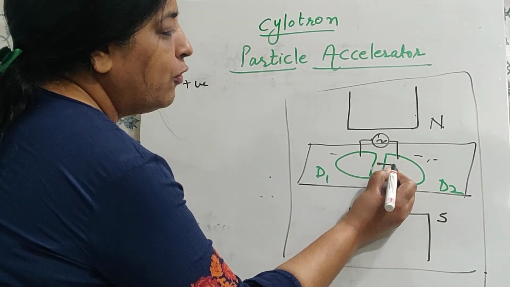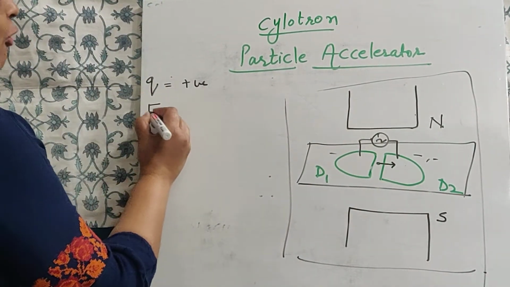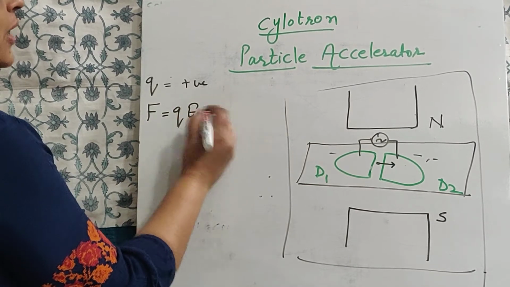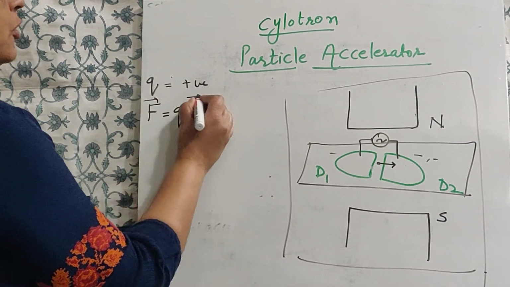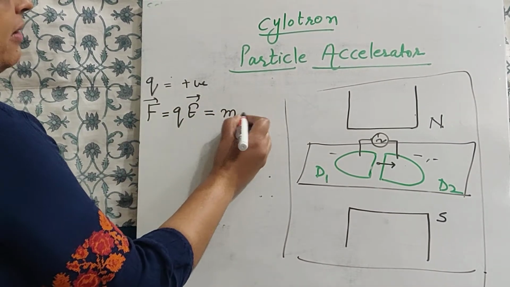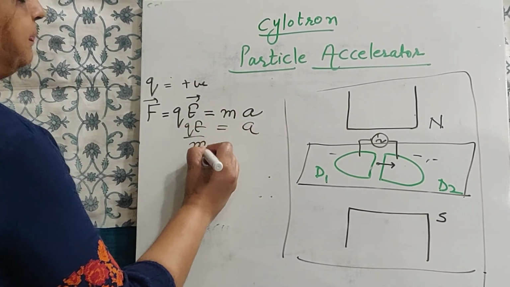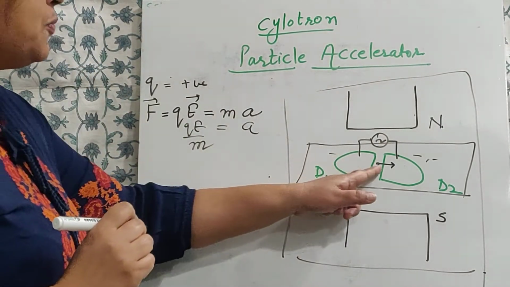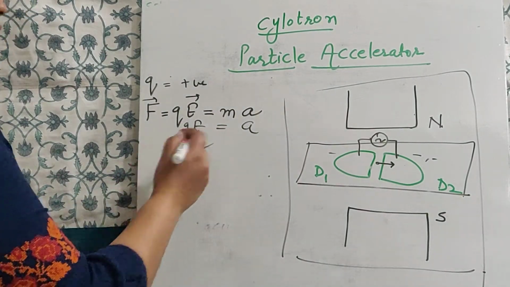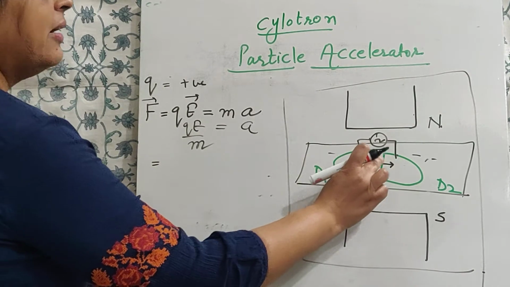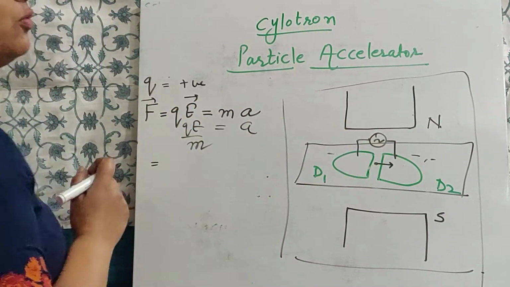So now this is a charged particle. It gets attracted towards the negatively charged D, and because it gets attracted towards it, the force that it experiences will be Q into E, because this oscillator is providing it the field E. So force is equal to QE. This force will accelerate it. So the acceleration will be equal to QE by M. So now this charged particle will enter into the D with an acceleration equal to QE by M. So it means that it will have some velocity greater than the velocity with which it was present here. So having a greater velocity, it enters into the D.